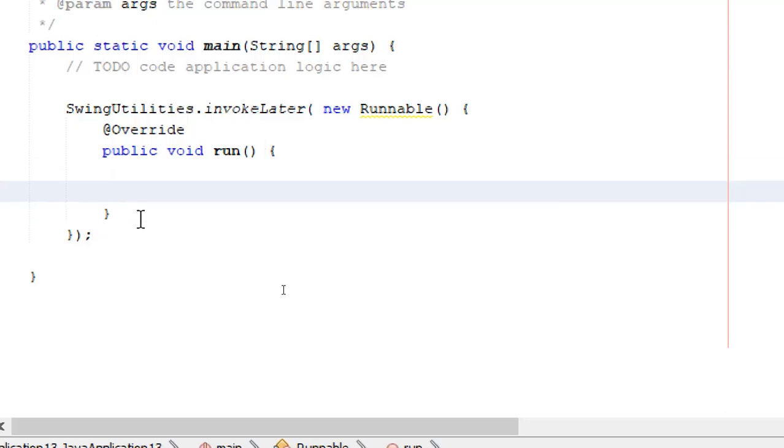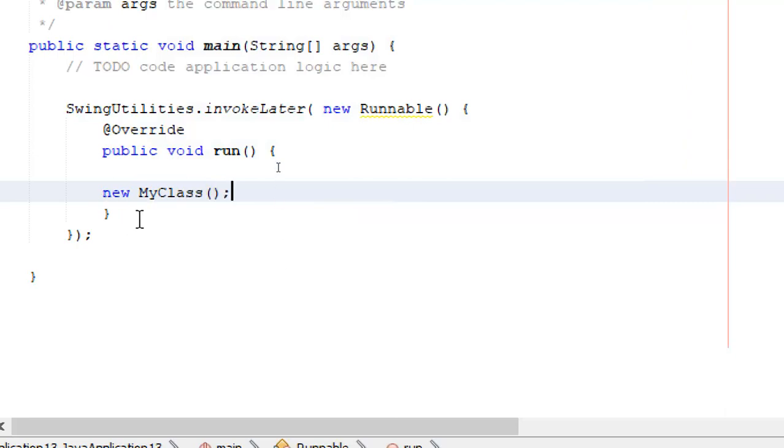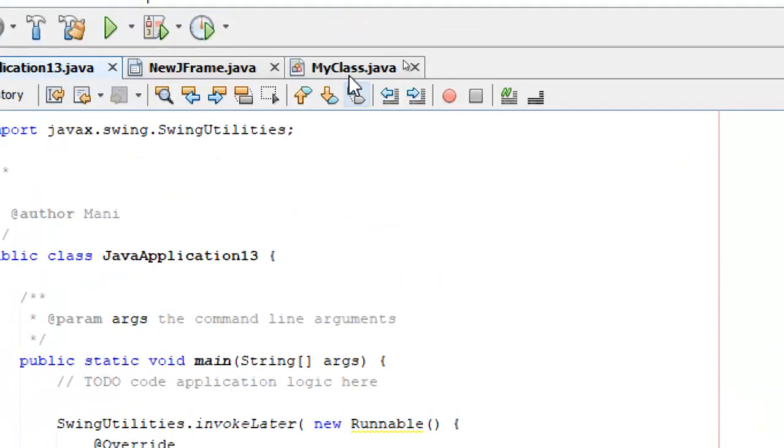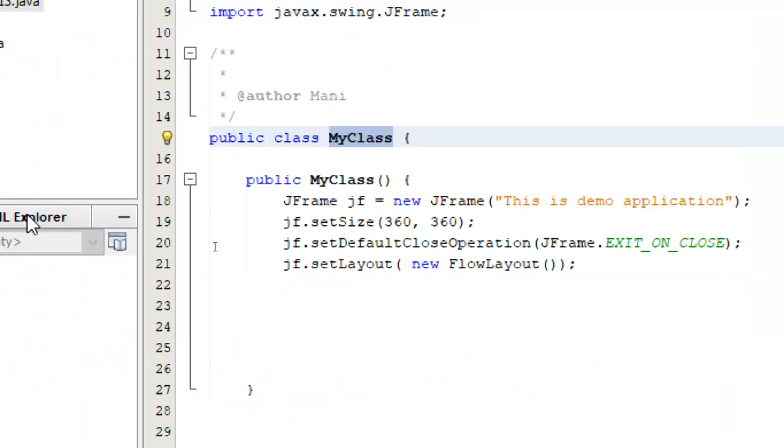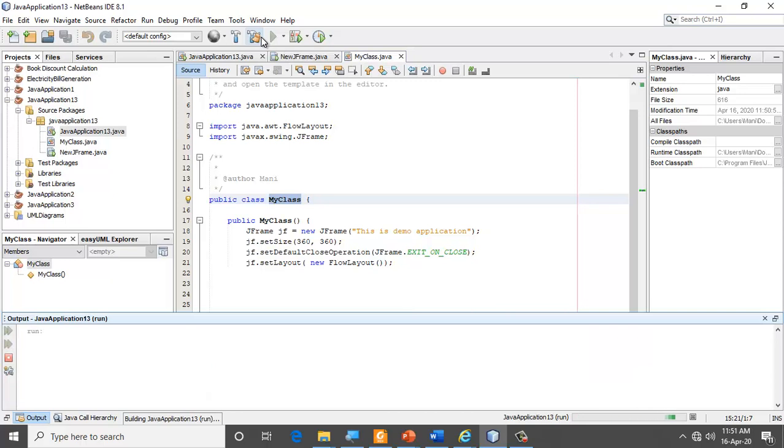So here I'm going to create an instance of my class which I just created. Now what is this my class again, if you just forgot? My class is the one that I have just created, in which I have the JFrame and all the housekeeping work that I have done. So now I'm going to just run my project, and I'm going to tell you what I am trying to do. When my code is running, I will tell you what that one thing is.